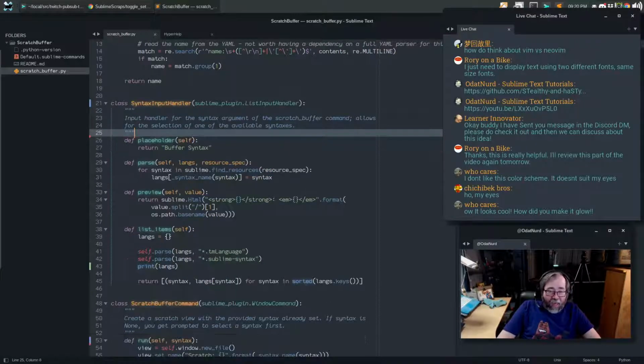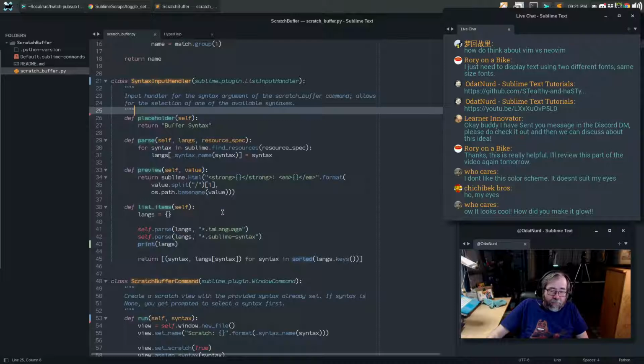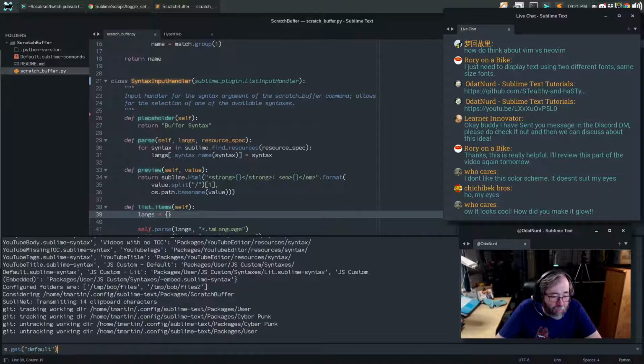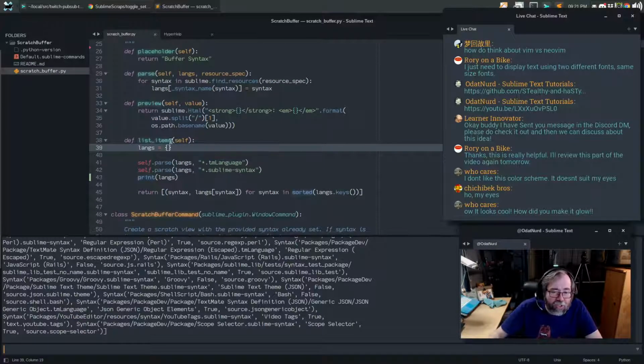Let's see. We only got rid of that. Parse is going to take a resource spec and add in something that pulls the name of the syntax out. So what we want is something like that. That's going to be a list, so we should